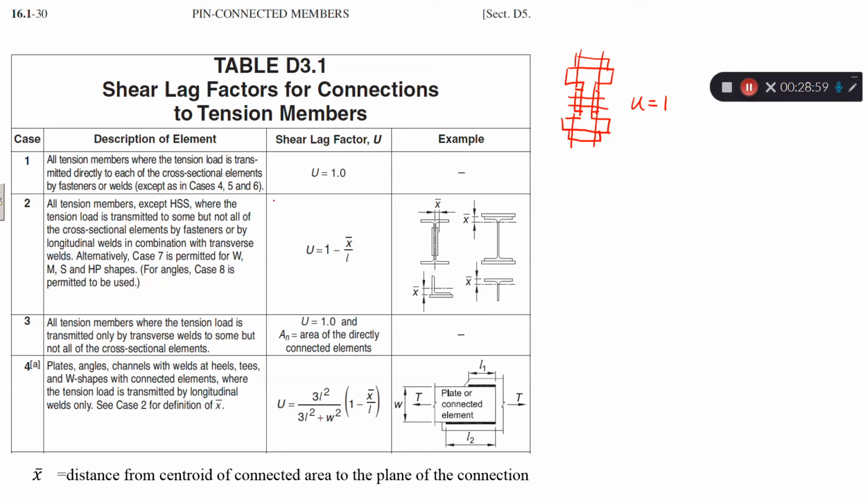Other case, all tension members where the tension load is transmitted to some, but not all, of the cross-sectional elements, then use this equation to determine U. Okay, U equals 1 minus x bar over L. So x bar is equal to the distance from the centroid of the connected area to the plane of the connection. So for example,